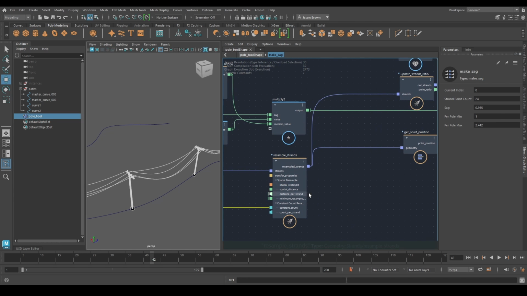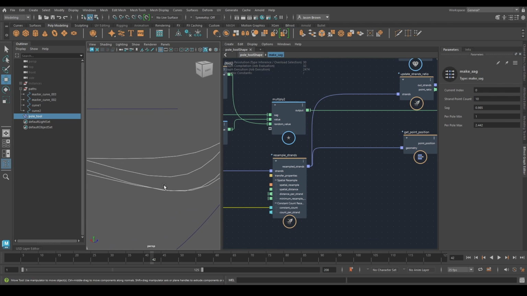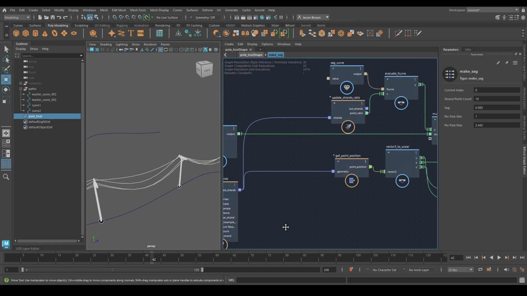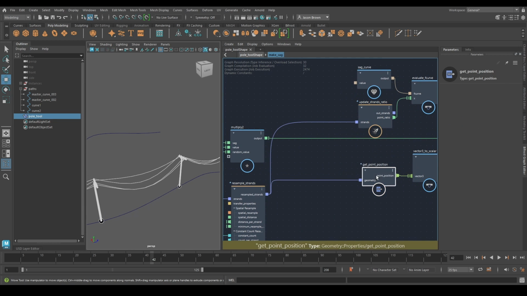You could go in here and hack this to be a spatial resample, but I would hazard to suggest that you're going to get way too high-res wires for your game engine if you do that. This way you can literally control how much goes in. See, if you use 10, it's still a little bit chunky, but it might work for the style you're building, that kind of thing. So we get those point positions,